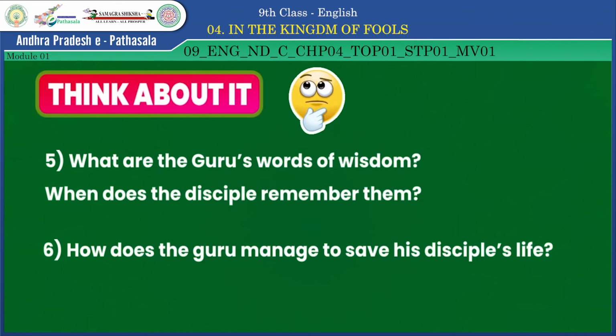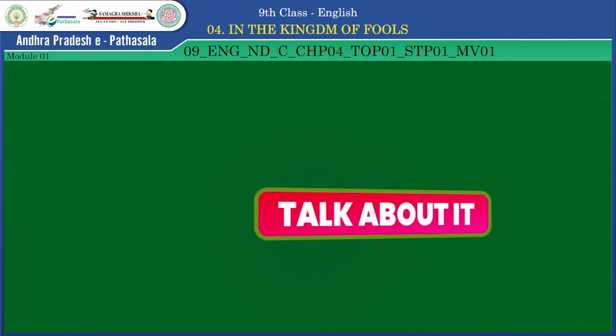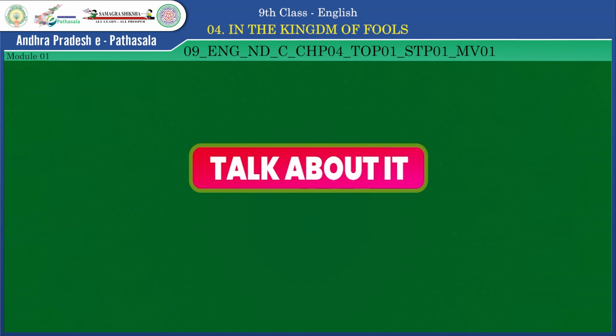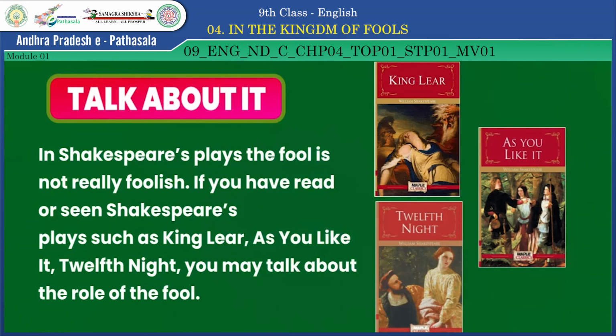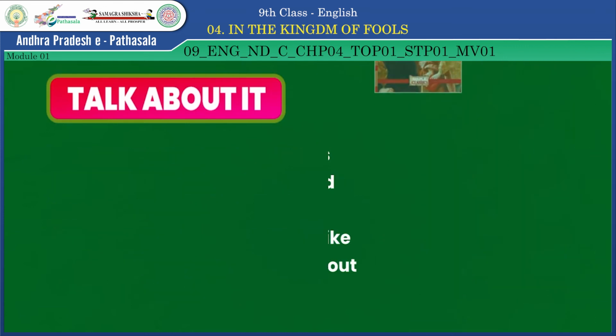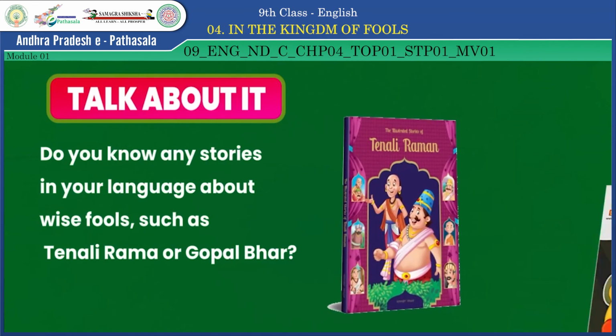Students, you have enjoyed the story In the Kingdom of Fools. There are some more books you have to read to know about such stories. The first one would be Folktales from India. It is a selection of oral tales from 22 languages selected and edited by A.K. Ramanujan. The next book would be Tales from Shakespeare by Charles and Mary Lamb. If you go and read these books, you can enjoy many stories.